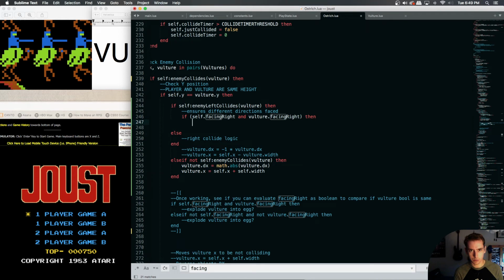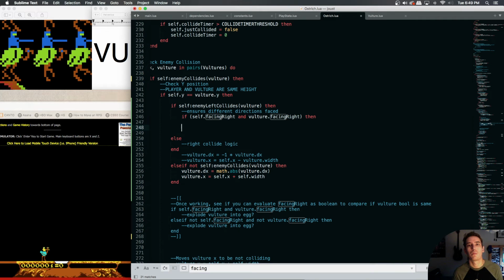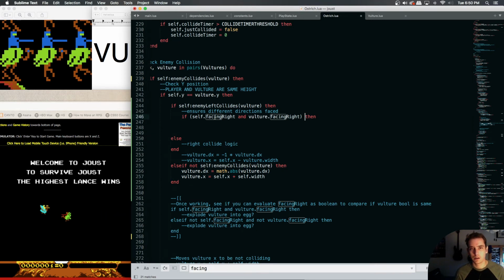And then otherwise, that depends. If they're both facing right, two different things need to happen depending on their x positions, so it doesn't really help us. I kind of want to say that we need to say our same way before, where we say if